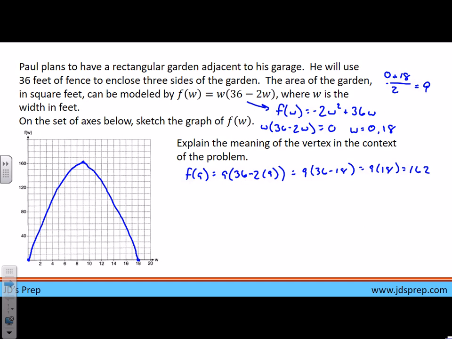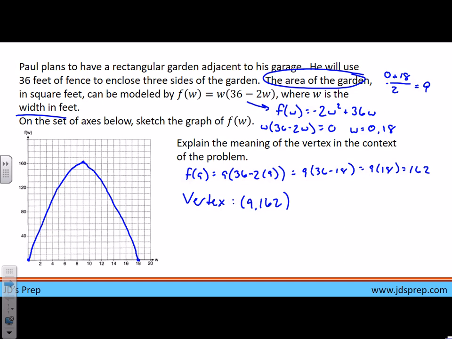The other thing we want to do is explain the meaning of the vertex in the context of the problem. And in order to do this, it's important to remember what the function is modeling. The function is modeling the area of the garden in square feet, with the variable w being the width in feet. So since our vertex is the point 9, 162, and for this parabola, the vertex is the highest point on the graph,